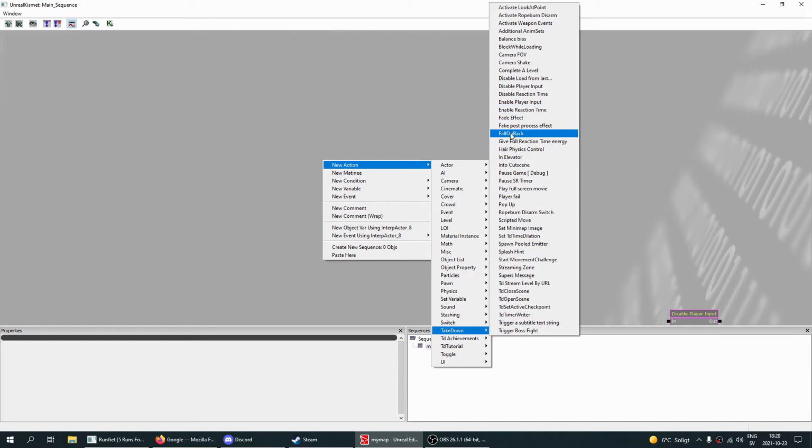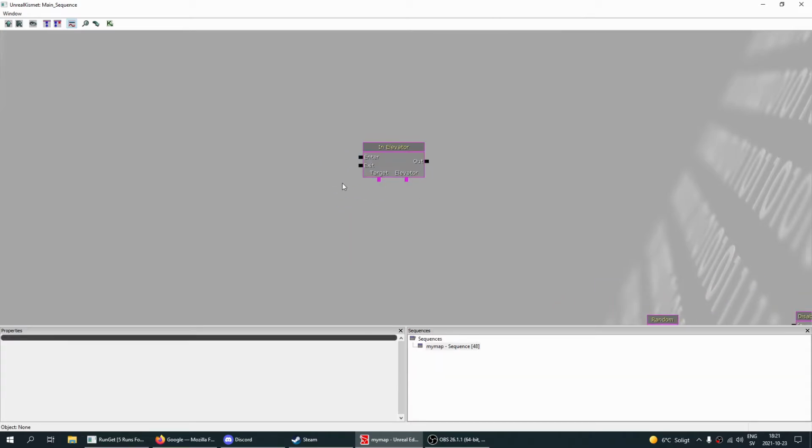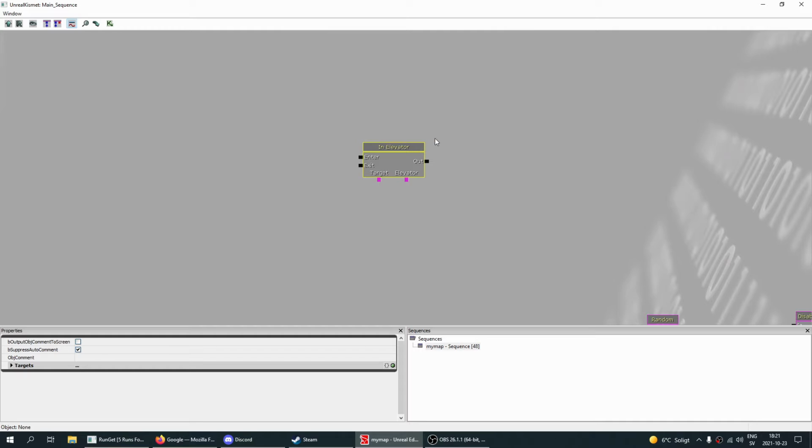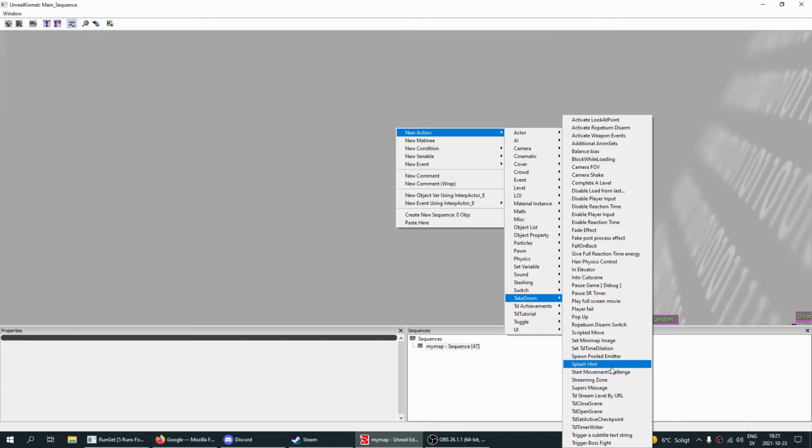Some fake post-process effect, or like follow back, give full-time reaction. And this in elevator basically makes it so you can't jump. You see, and some other things are